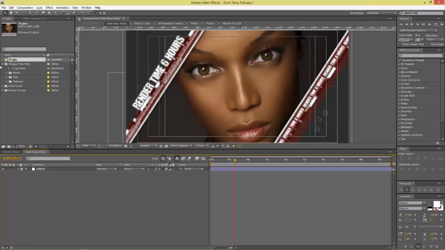So that's the basic way to change all this media. So just go from one to another and just import your picture or video, and then close it. After you do that,